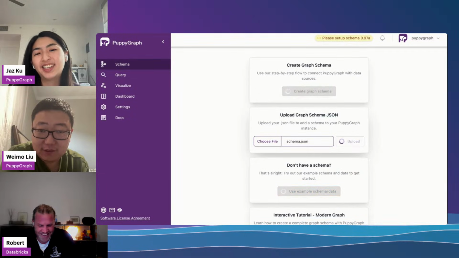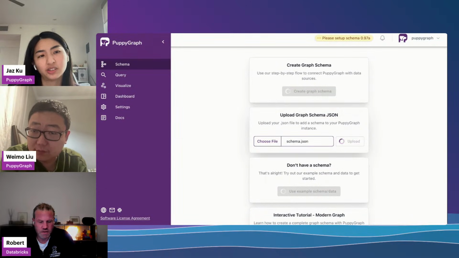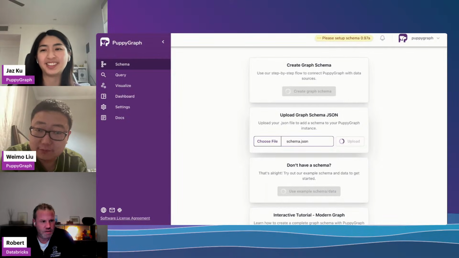But yes. So now we just wait for it to load, and the connectivity details are the same because we're still connecting to the same underlying source. I've just added way more nodes and edges, and it might take a while because it's on my local machine.